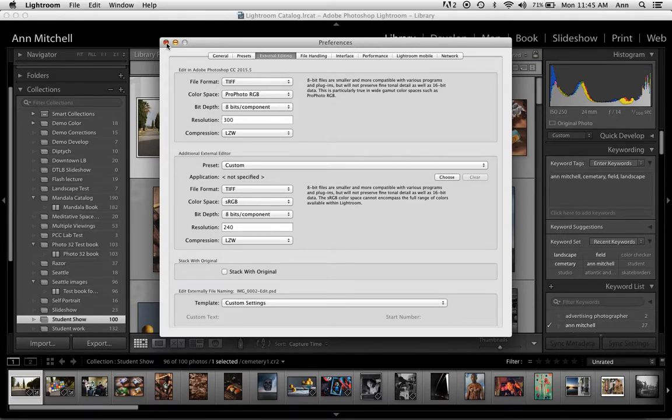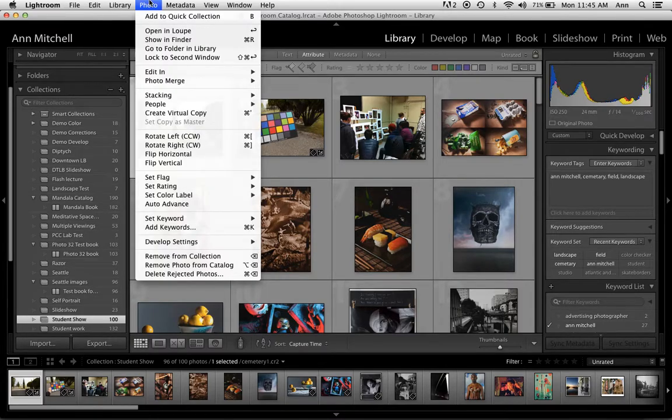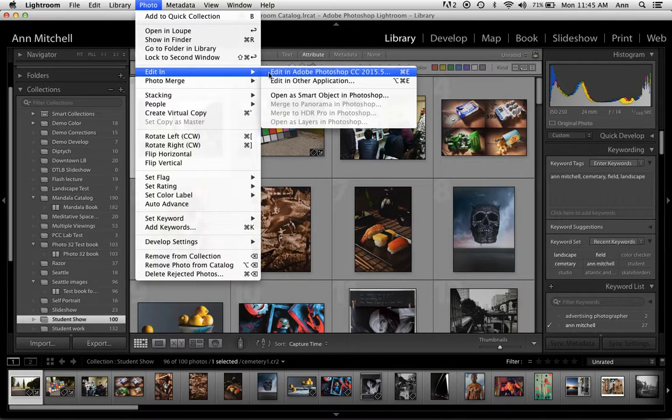Once you've got that into play, you can then decide whether or not you're going to do the camera raw editing in Lightroom. In which case, to open up the file, once you've gone into the develop mode and done those camera raw changes, you then go up to where it says Photo, Edit In, and select Adobe Photoshop, or a different plugin if you're using one.